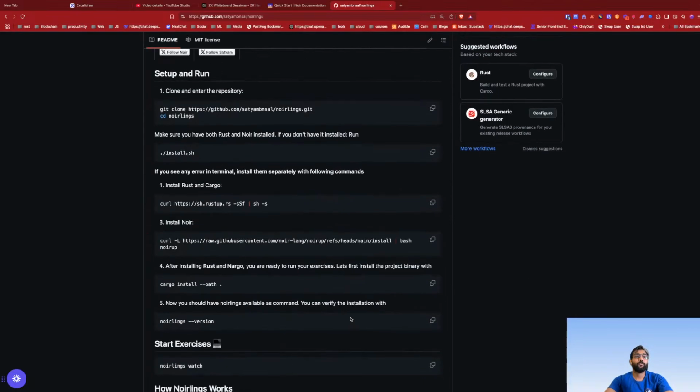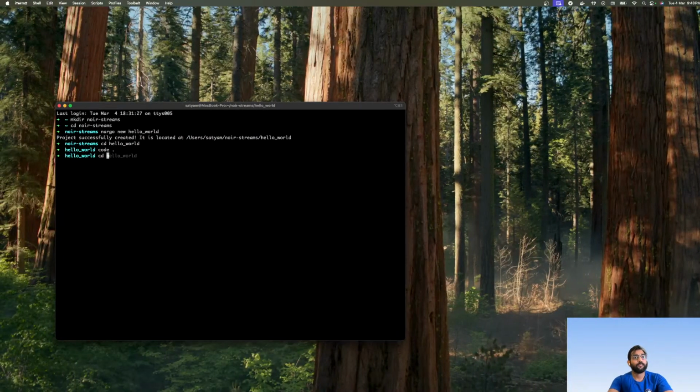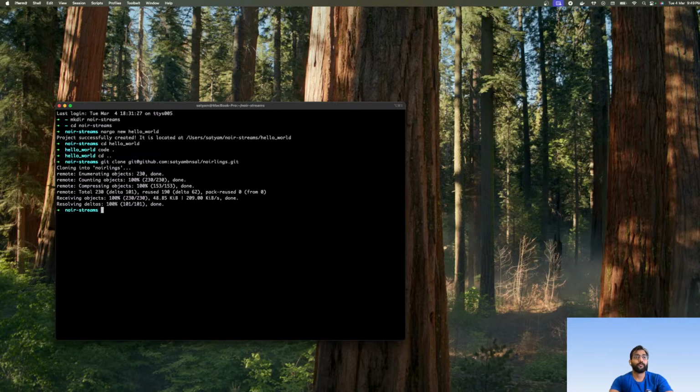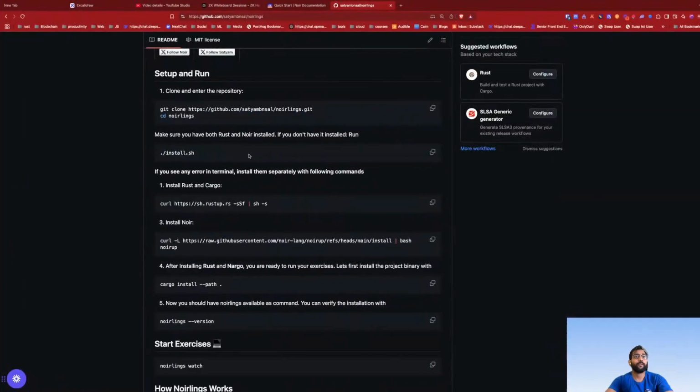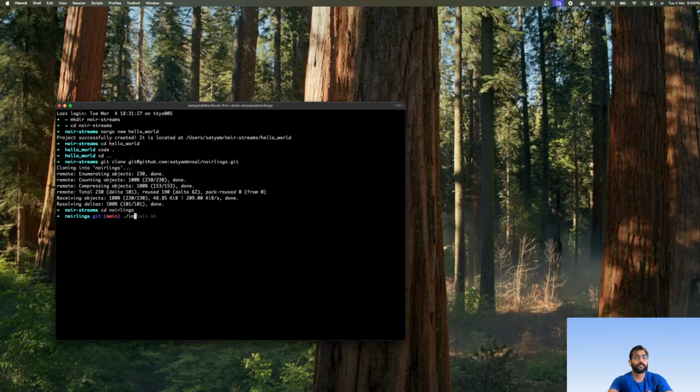So the way to run it, first of all, let's clone it. Okay, Noir links. What do I need to do next? I just run dot slash install.sh.